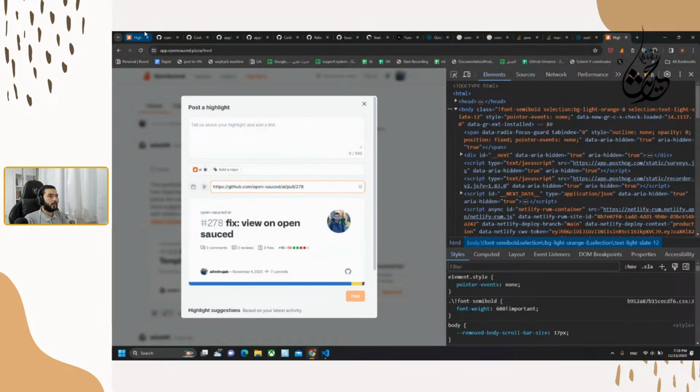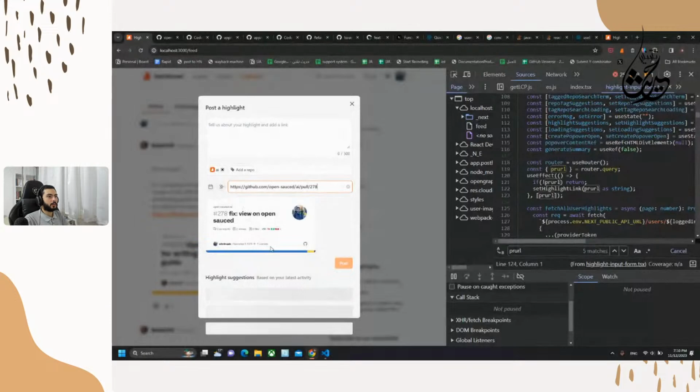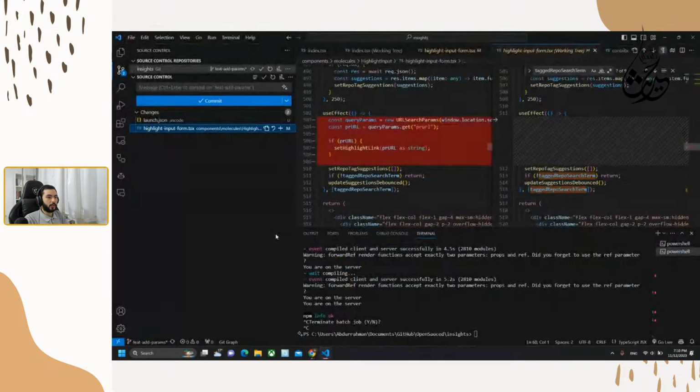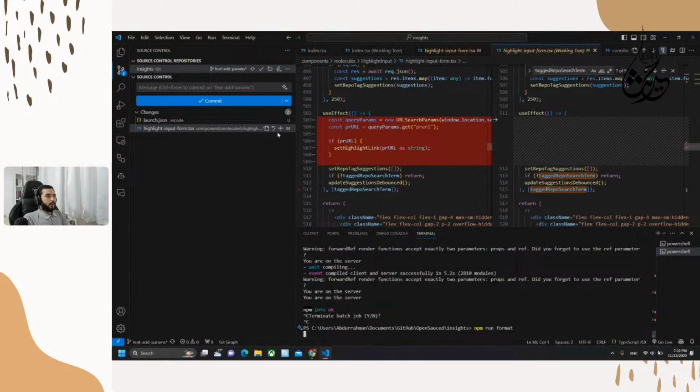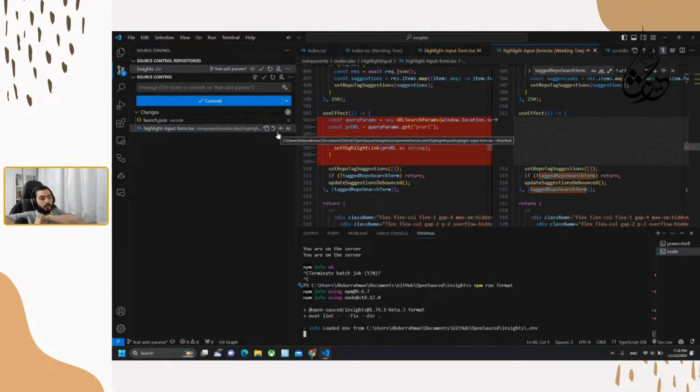I think it could be the version. Yeah, this could be an old version, or we get some batch update for the new one. So just format my code, then push it.